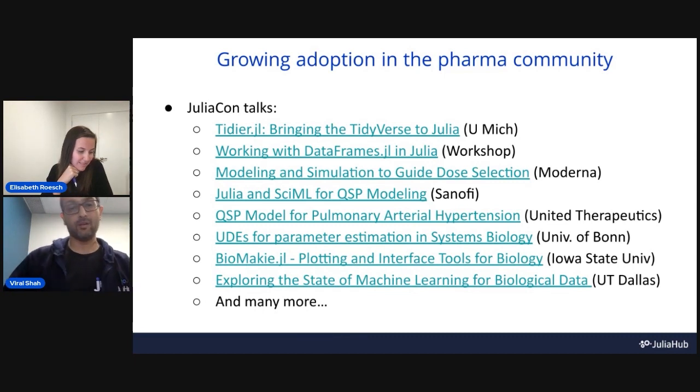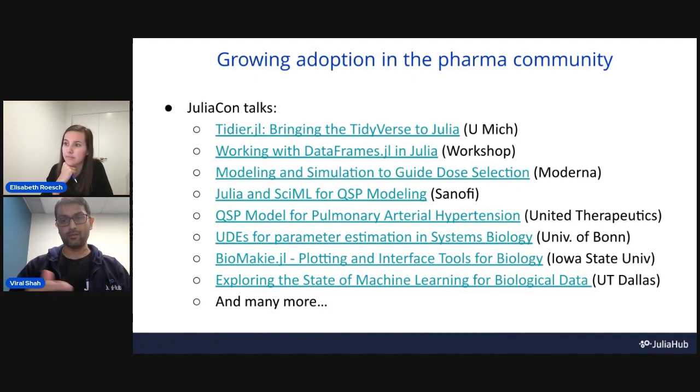If you want to get started, there's a fantastic workshop on using data frames with Julia, also from this year's JuliaCon. Modeling and simulation to guide dosage selection was what Moderna did with Julia, and that's how they describe how Julia played a role in the validation of their vaccines. And we have folks from various companies talking about QSP, which my colleague Elisabeth is going to talk a lot more about. And then there's a tremendous amount of contributions from universities and various groups